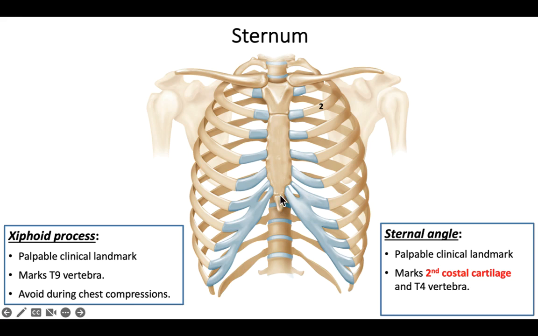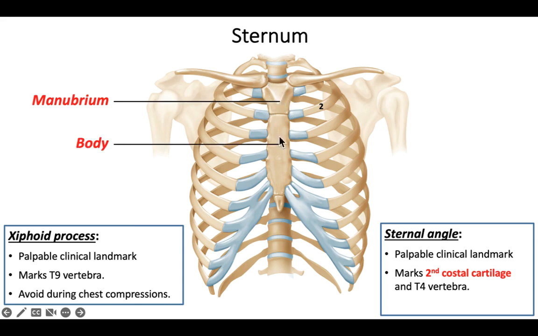The sternum or breastbone is found here just in front of your heart. One of its important jobs is to protect the heart, but there are also other organs in your chest that it helps to protect. The sternum is divided into three parts. This upper or superior region is known as the manubrium. That word manubrium actually means handle, like the handle of a sword. So someone looked at this sternum and thought it kind of looked like a sword, and that would be the